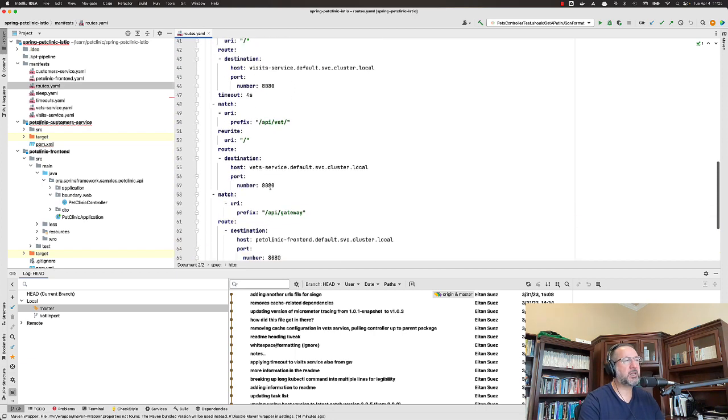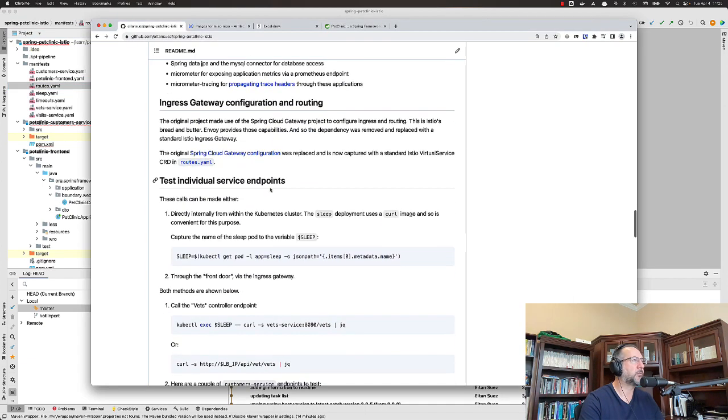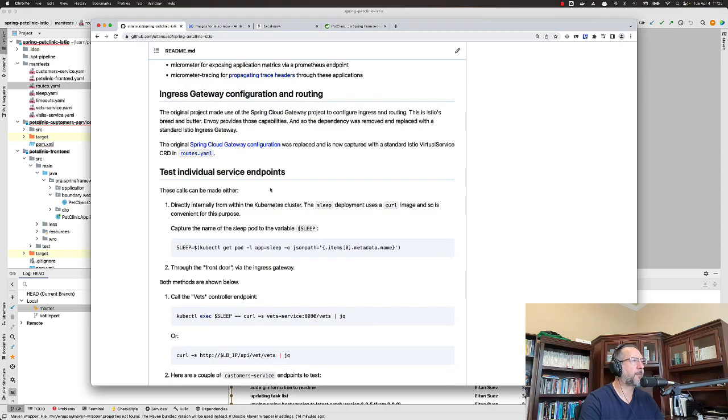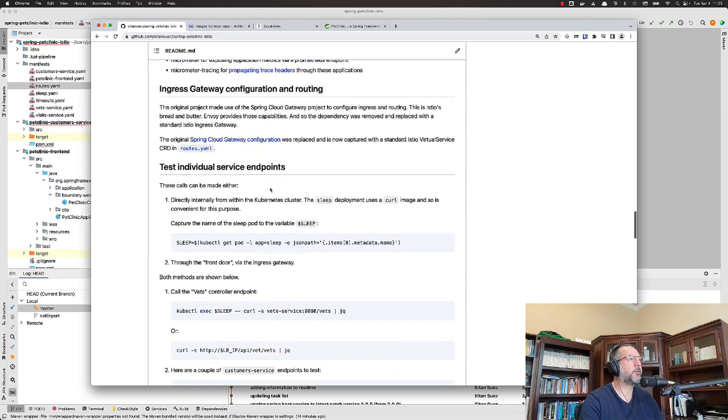And so I basically did short work of all of these separate concerns: the routing concerns, the ingress concerns, implementing specific timeouts for calls to specific services using Istio CRDs. And the applications no longer need to have any of these Spring Cloud dependencies in them, and that's the crux of it. All right, so let's do a few specific